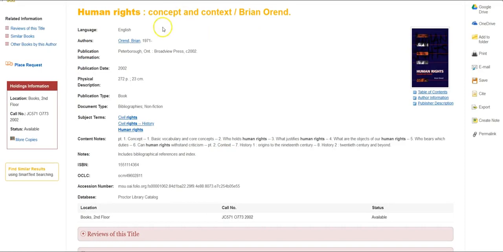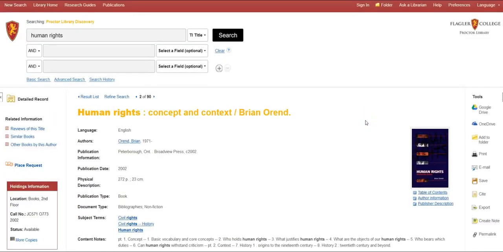Again, here's the title, the bibliographic information. The subject terms are provided here, what this book is about, and here's some notes about the contents. Over here on the right side of the screen, you can email this record that you see on the screen to yourself. You can save it to a jump drive. If you want to create a